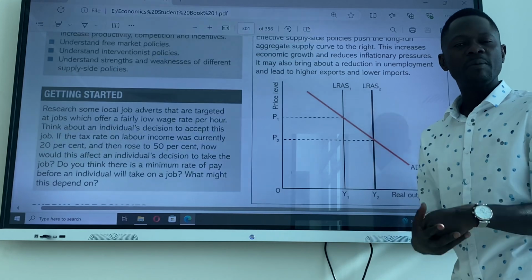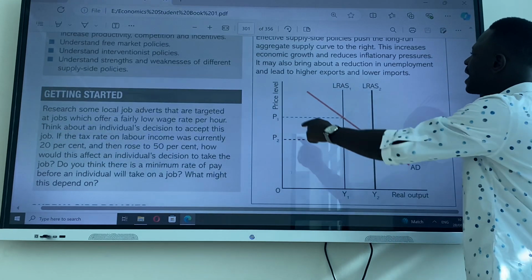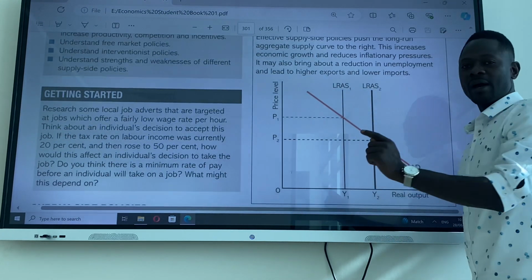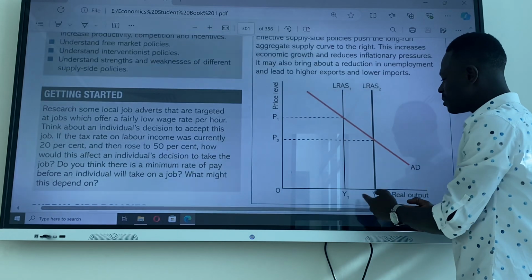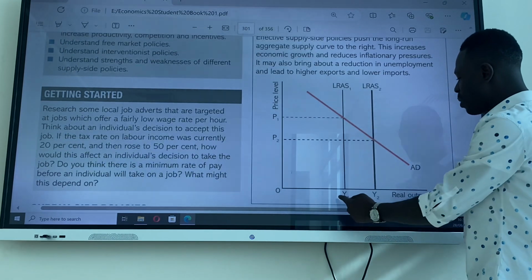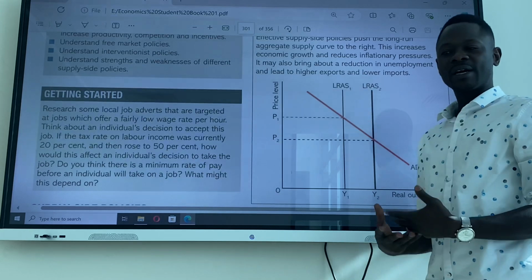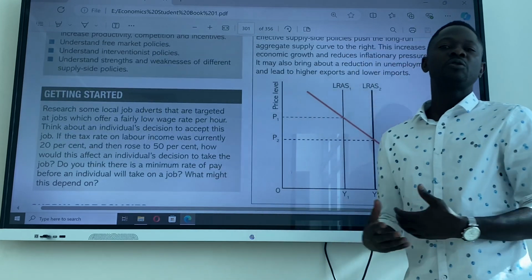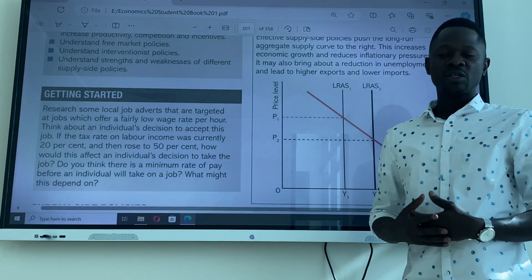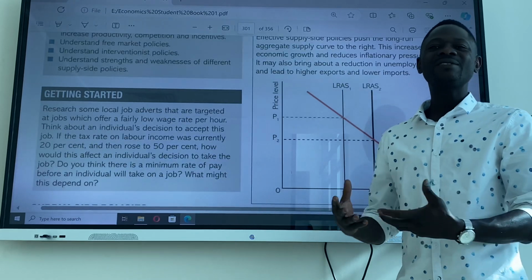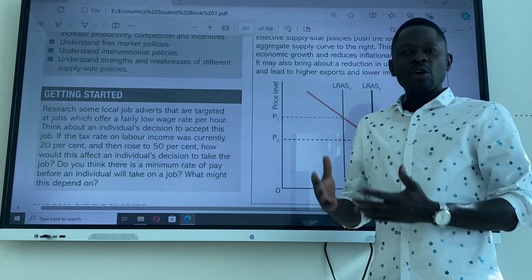Output in the economy and income level would also increase, bringing about higher exports and lower imports. As a result of that, output has increased from Y1 to Y2. That means the economy is producing more than what it used to produce. Producing more than what it used to produce may bring about increasing exports, which means the country or the economy will be